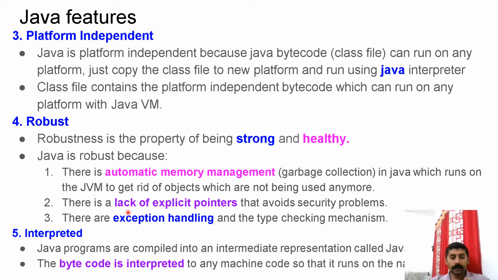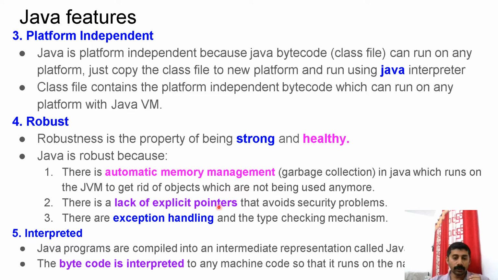There is a lack of explicit pointer concept that avoids security problems. Pointer is a very powerful concept. It gives you direct access to the memory or the hardware. So a programmer can do anything with the pointer, and if there is an error in pointer handling, that can lead to some unexpected behavior in your program. But in the case of Java, there is no explicit pointer access for the programmer.